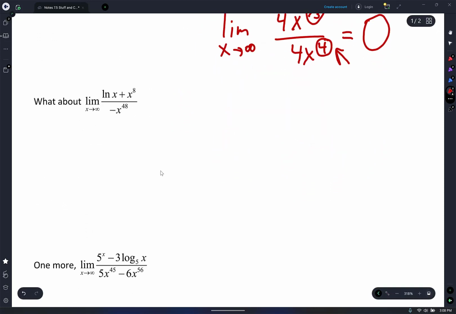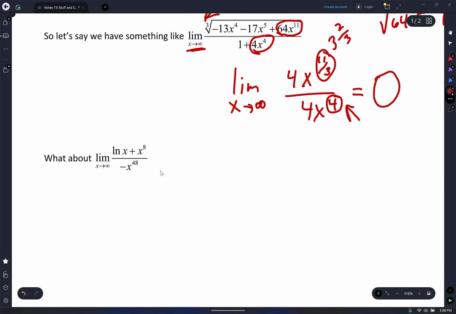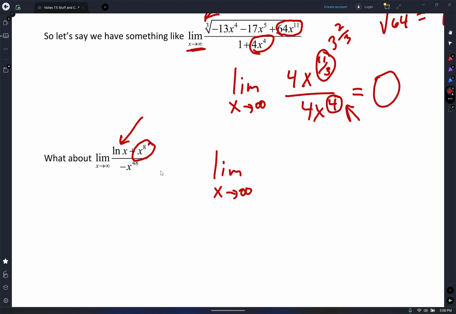Well, actually, two more, and then we've got to go to the next one. So this is approaching infinity. Remember, ln grows really slow, right? So this is what the ocean is in the numerator. So I'm going to write limit as x approaches infinity of x to the 8th over negative x to the power 48. And you can, if you want, reduce that, but I would just leave it like this,